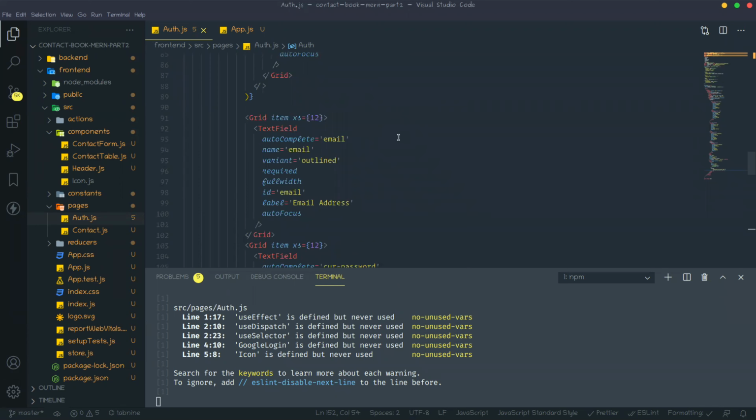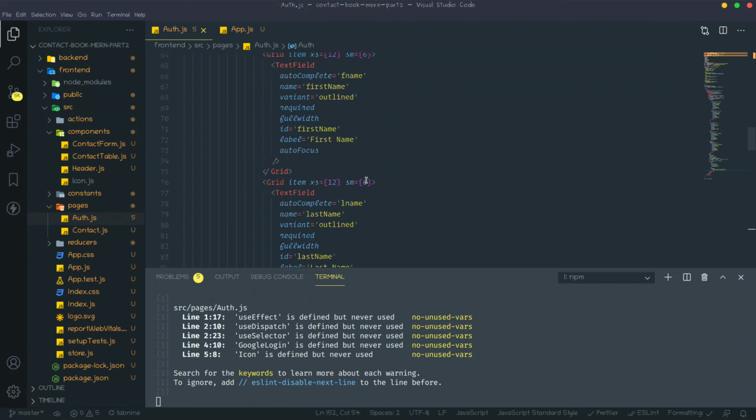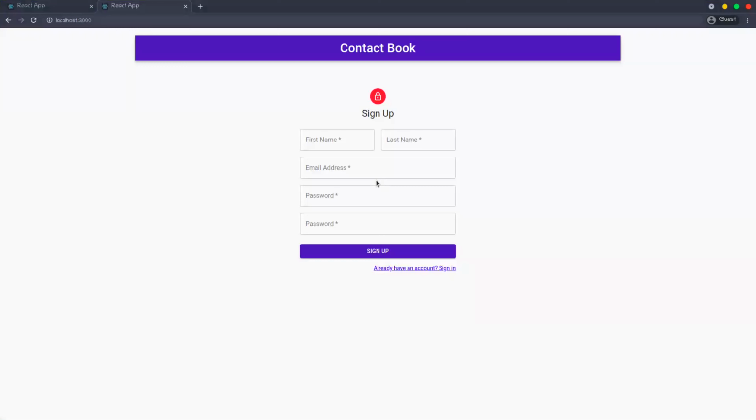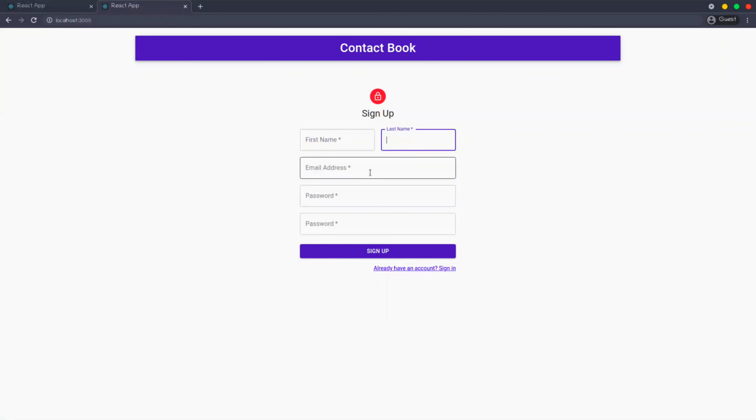On the email address, I need to check. Actually, I think I made a spelling mistake over there. Okay. So now it is working fine. So this is the first name, last name, email address.